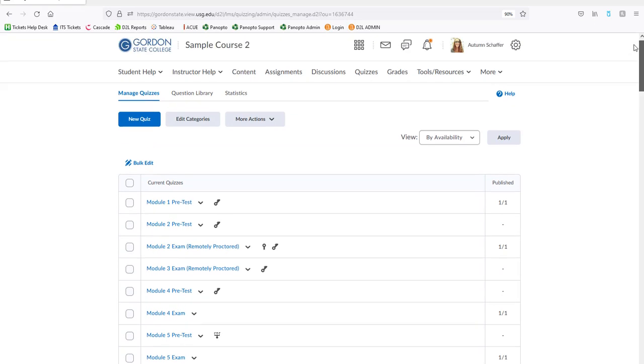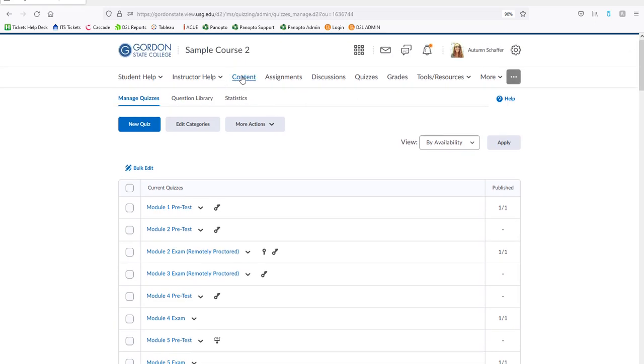So the next thing that you want to do is associate it to the content area of the module that it goes with, because as of right now, the only place for a student to be able to view the quiz is in the quizzes area. So what you really want to do is link it to the content area so that they can get everything in one module. So we'll go to content,